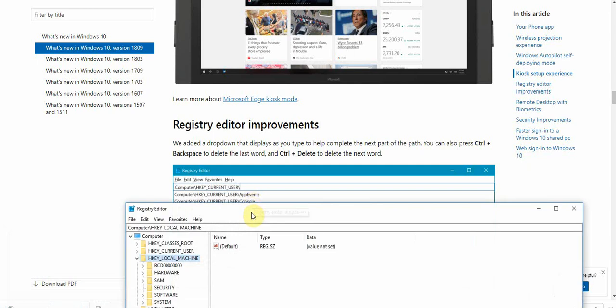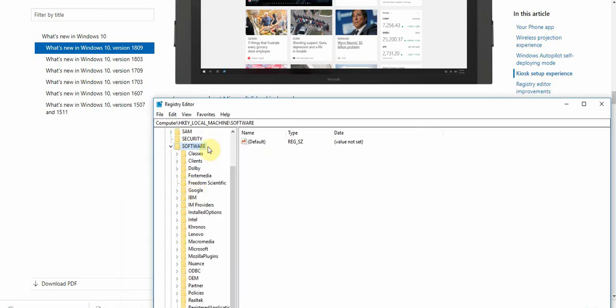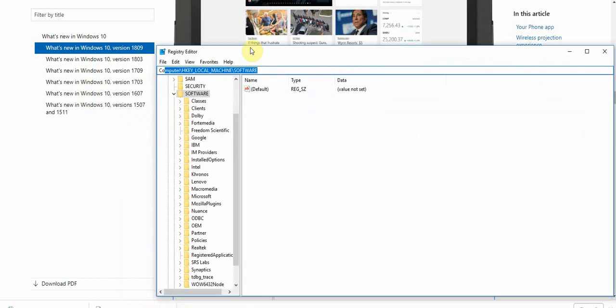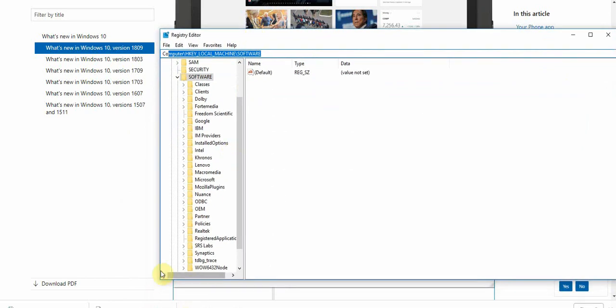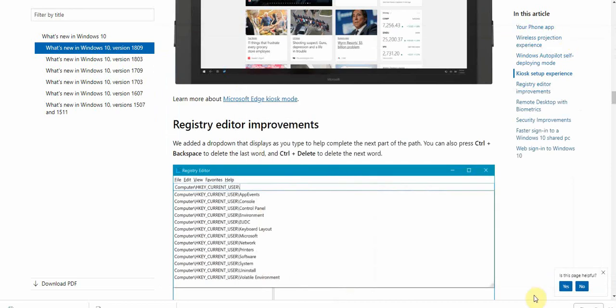Yeah. So normally if I want to browse the software example, I get the address here. Earlier, if you remember, in the olden days, you used to get this navigation, but you never got anything similar to the address bar. However, this feature may be interesting to copy, but not for writing. For example, if I type a backslash, nothing comes up as a drill down. If I want to go to IBM, I need to type IBM and then hit enter, so it goes there. Whereas with the one on 1803, let me minimize this, and go back to my test VM,